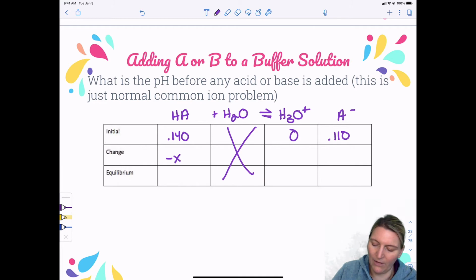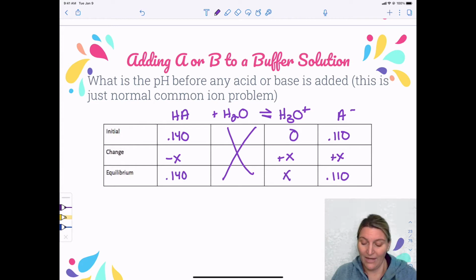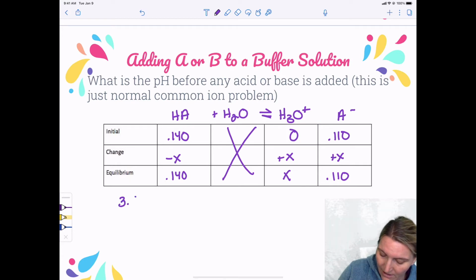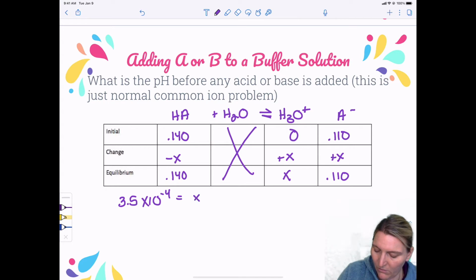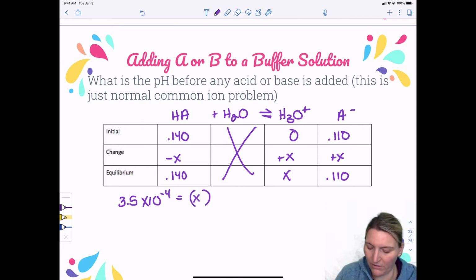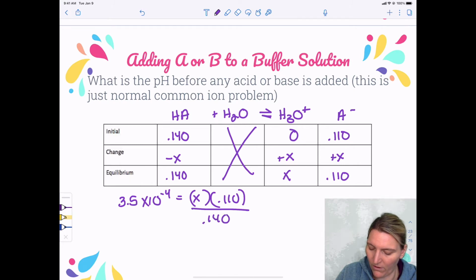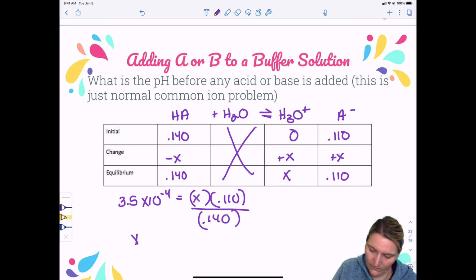This goes down by x, up by x, up by x, 0.110. Now we use the Ka to solve for the H3O plus and then the pH. The Ka is 3.5 times 10 to the negative 4. That equals x, the H3O plus concentration, times 0.110 over 0.140. X is equal to 4.45